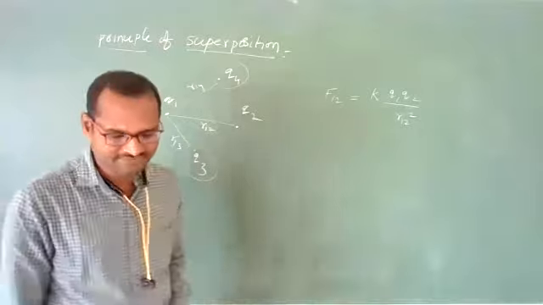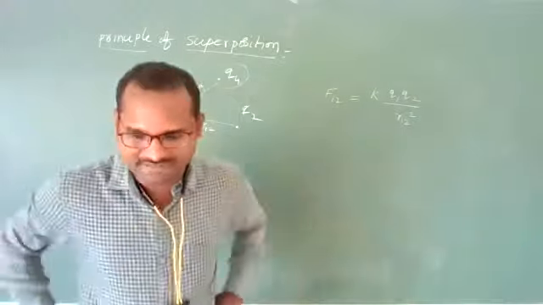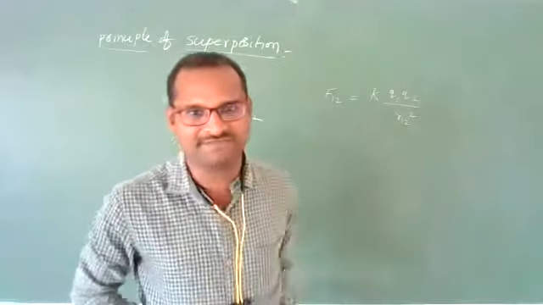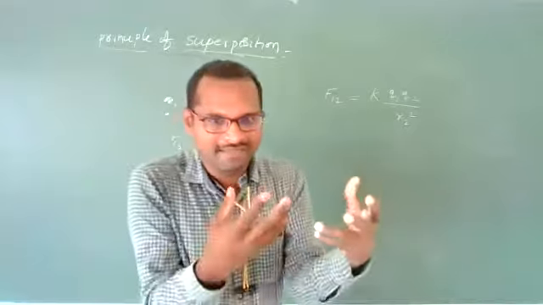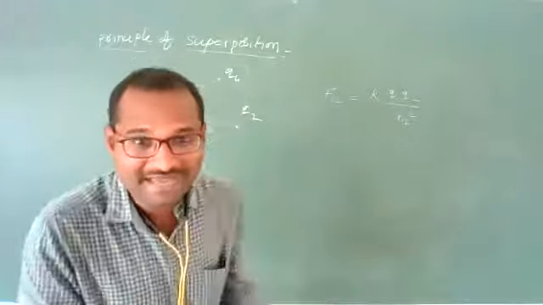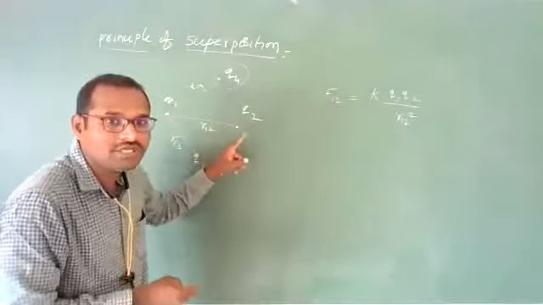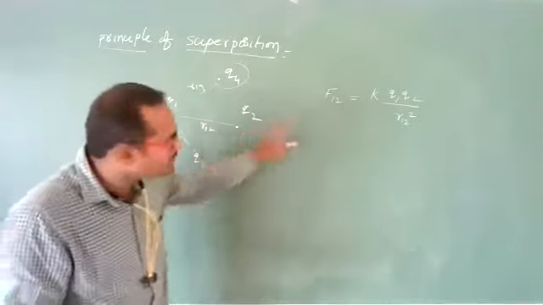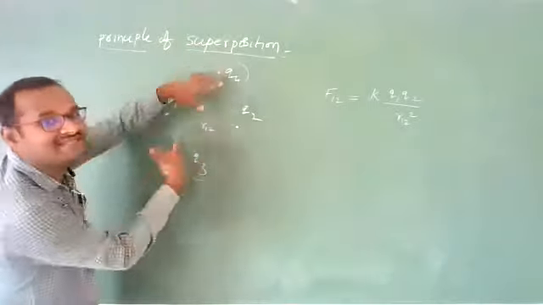For example, you see human relations. One girl and one boy are there, and between them some relation will be there. If some third person enters in between them, the love and affection between the two persons may be affected somewhat. It may decrease due to the third person, but it will not happen in charges. Whatever the force between these two charges Q1 and Q2, attractive or repulsive, this value cannot be affected by the presence of other charges.